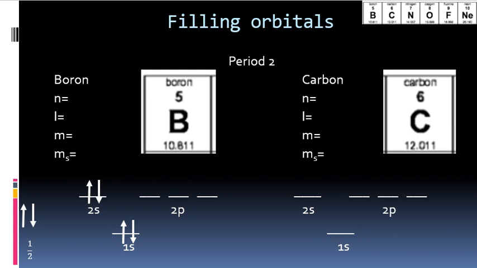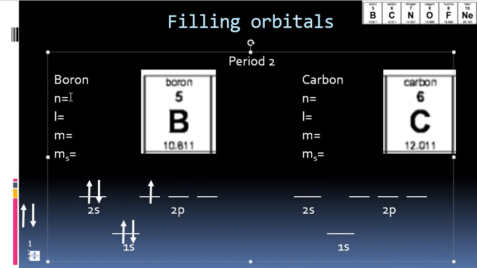Now, for a p block element, you have to take into account that there are now 2p orbitals, 2 being the quantum number, and p representing what set of orbitals we're in. Now, if we have a total of 5 electrons and we just use 4 of them, that means we have 1 electron left over that we can in fact use to fill the first subshell of the 2p set of orbitals. To give that final electron